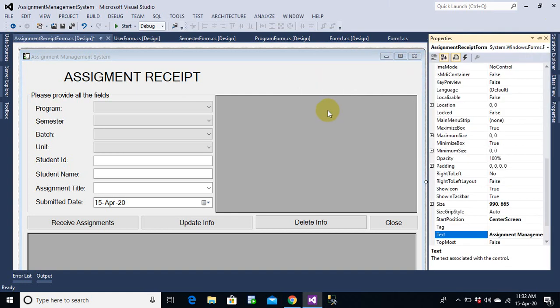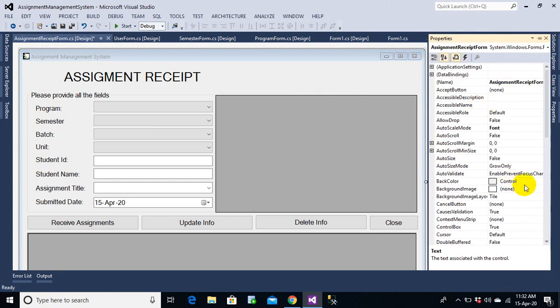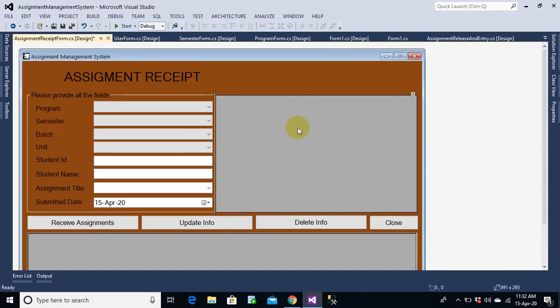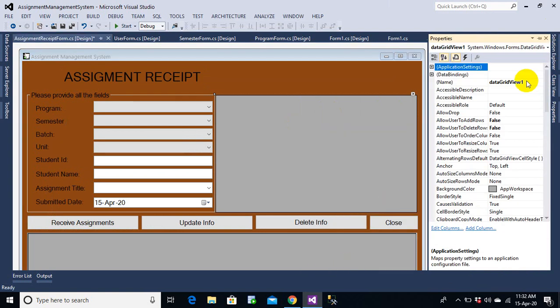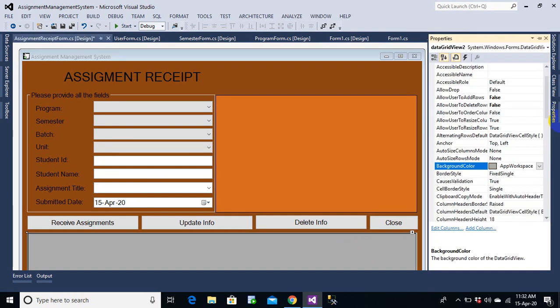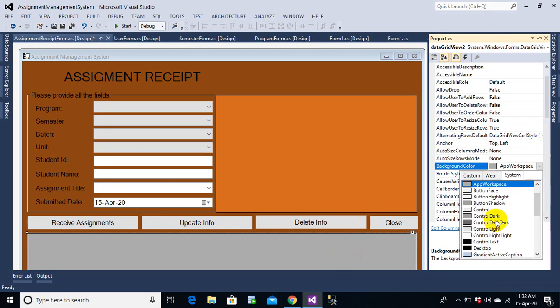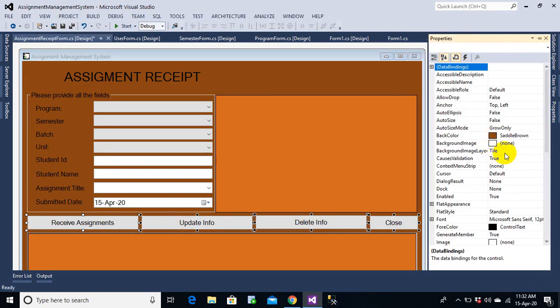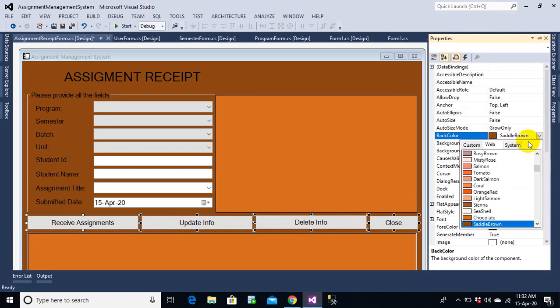So let us set the color for this, as you can do it. I know you're more expert than me. So saddle brown is the color that I applied for everything, and for this one I want to apply chocolate, background color chocolate. This one chocolate, chocolate. Okay. For all these buttons I will change the name, change the background color to chocolate,